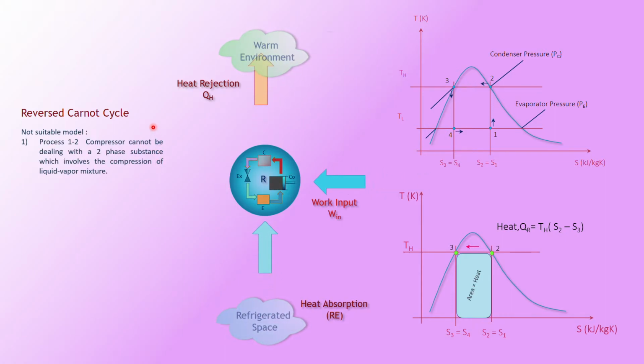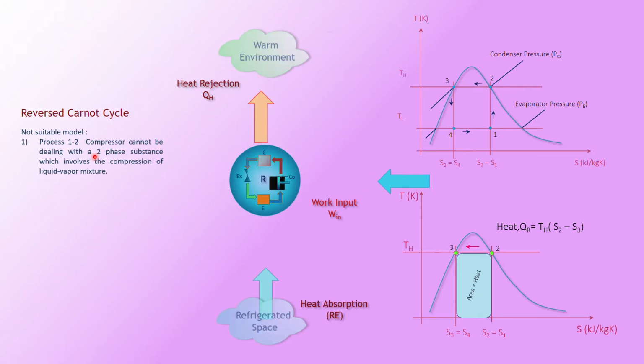Now, usually we find that the reverse Carnot cycle is not a suitable model, even though the heat engine Carnot cycle is also not a suitable model as compared to real practice. As for real practice, the first thing is process 1 to 2 is a compressor. The device that we use for the process from state point 1 to 2 is a compressor, and it cannot be